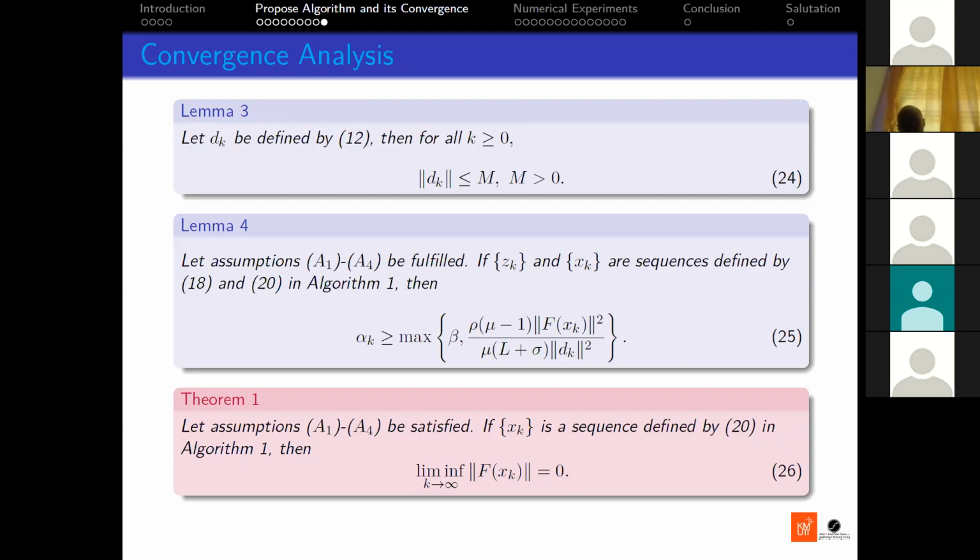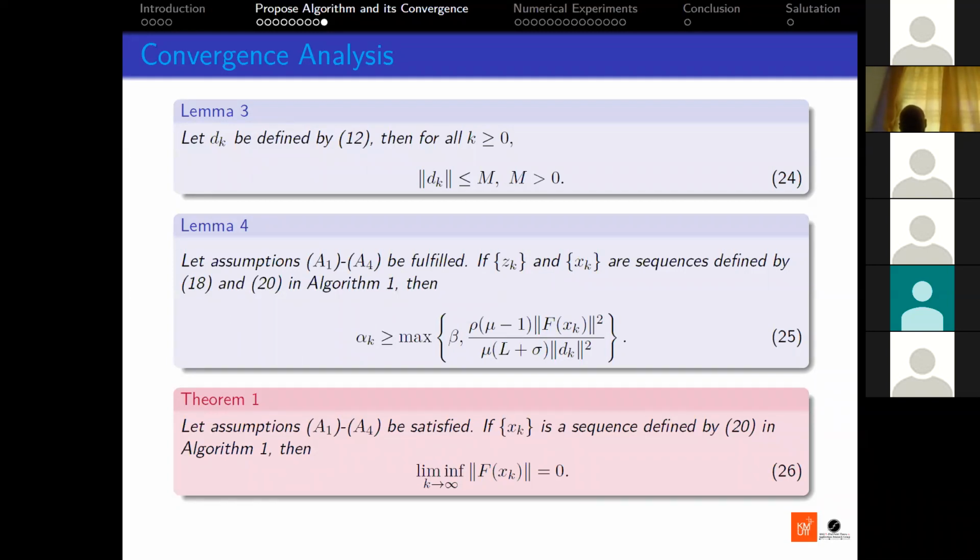So if the contradiction is established, the other way around must happen, and if it happens, then the sequence will converge. So that is a brief summary of the convergence. I don't know if it is clear.